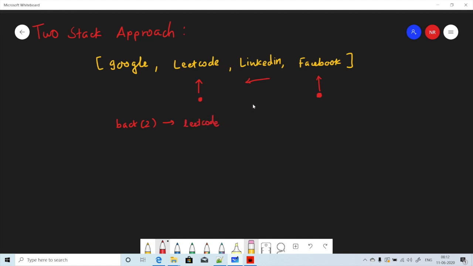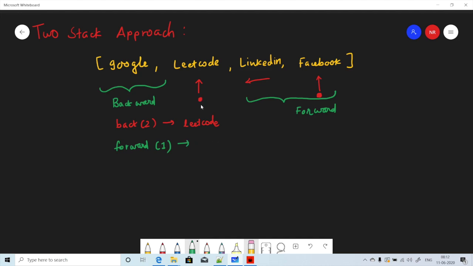Alright, in that case we have these two sites now in our forward history, and this is already there in the backward history. Now let's say next time we call forward with 1.